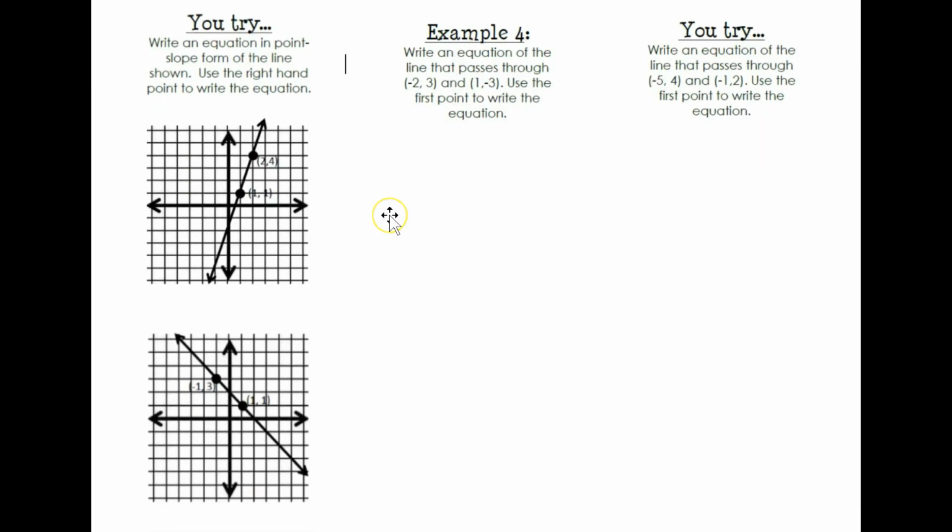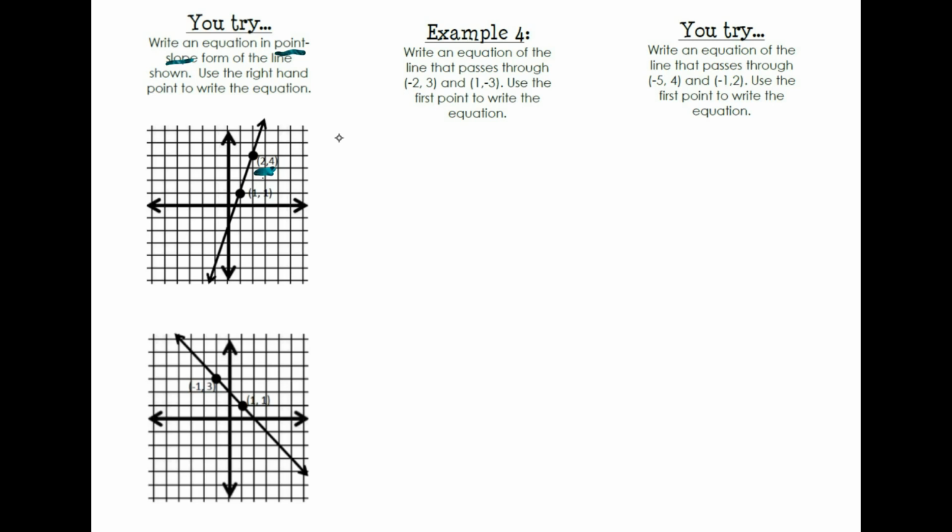All right, now we're at these problems. It says write an equation in point slope form of the line shown. Use the right hand point to write the equation. So the right hand point, all my wonderful people, this is your left, right, left, right. This is your right. So I'm using the right hand point. What is this called again? Point slope form. So what do I need? I need a point. Got that. There it is. But I need the